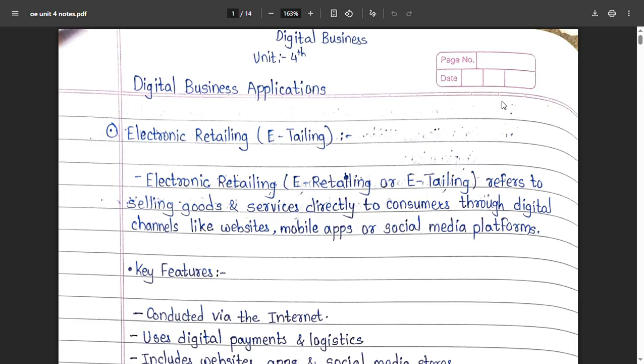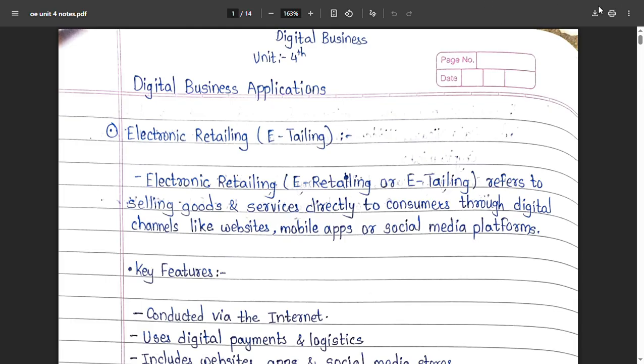So what is this? Electronic retailing, or e-retailing or e-tailing, refers to selling goods and services directly to consumers through digital channels like websites, mobile apps, or social media platforms.